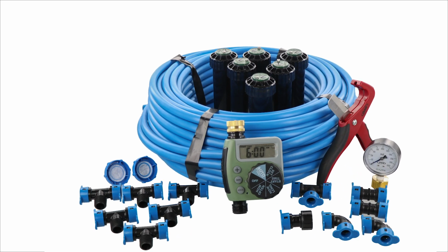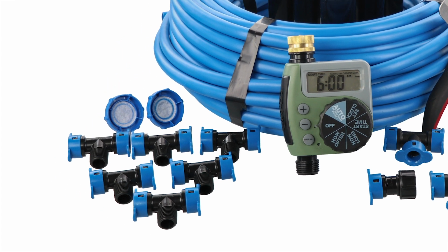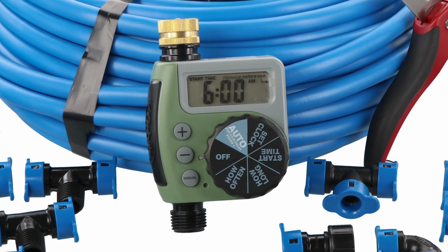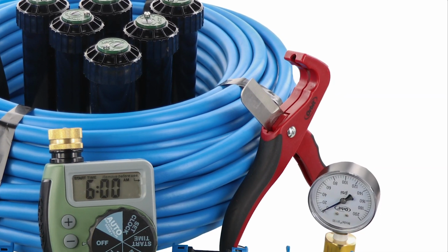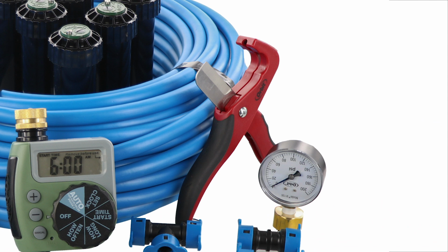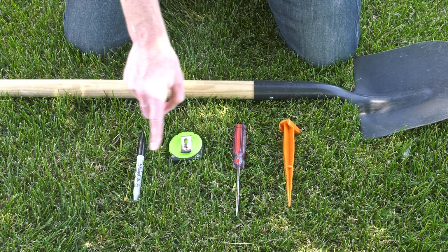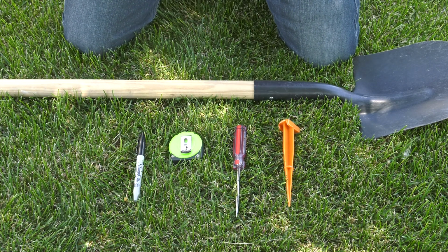The Orbit Complete Sprinkler System Kit contains everything you'll need to install your own irrigation system in about a day. The kit comes with all of the blue lock pipe and fittings you'll need, a hose faucet timer, and Saturn gear drive sprinklers. To make things easier, it comes with tools like a tubing cutter and a pressure gauge. All you will need is a shovel, marker, tape measure, a flathead screwdriver, and stakes to temporarily secure your sprinklers